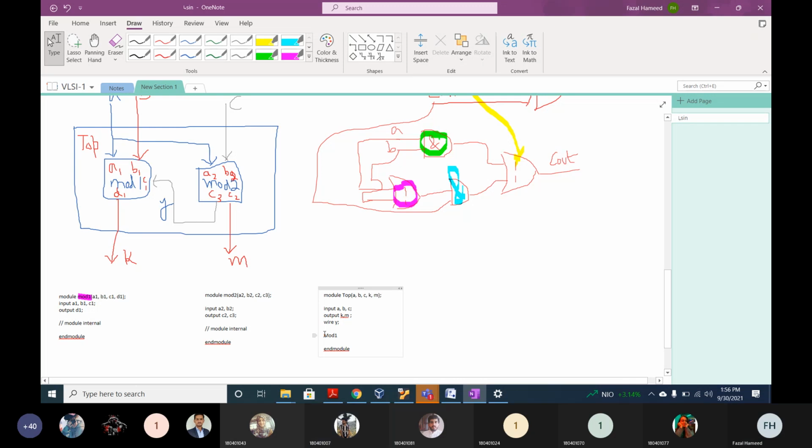Mod 1. And I can give you any name. My mod 1, this is the instance name. This is the instance name of this my mod 1. I am an instance of mod 1. Okay. If you look at